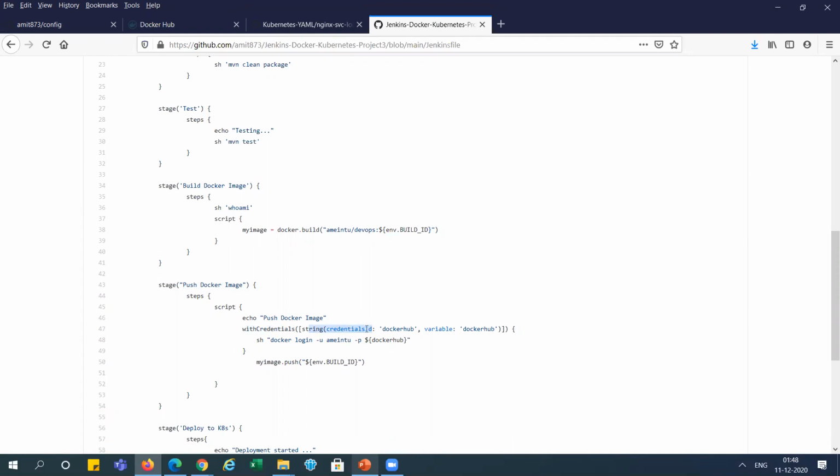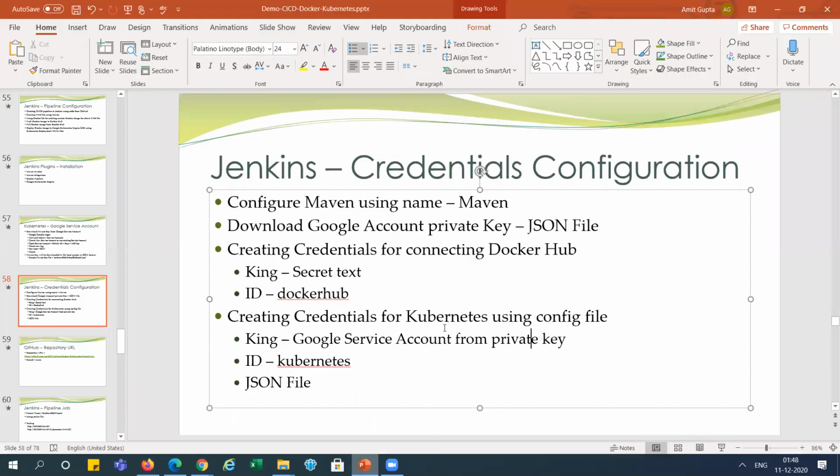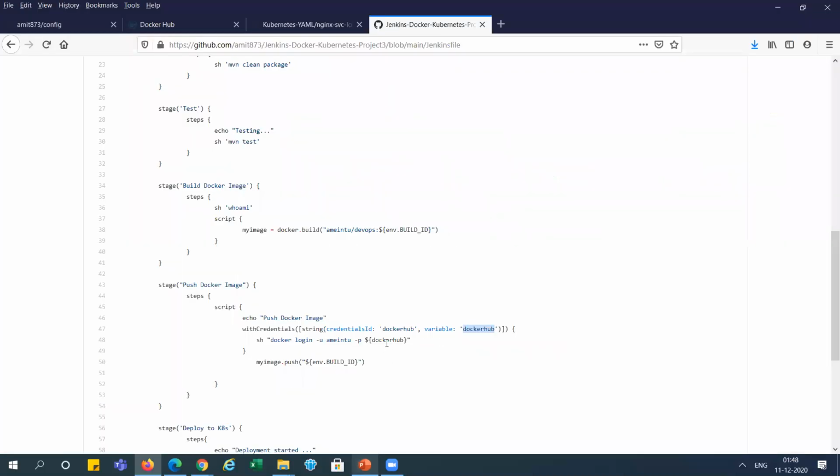You can see Docker Hub, which we have created here for connecting to Docker Hub. It contains my password, and the user ID is mn2 in my Docker Hub account, right? After that, I am pushing it to Docker Hub.